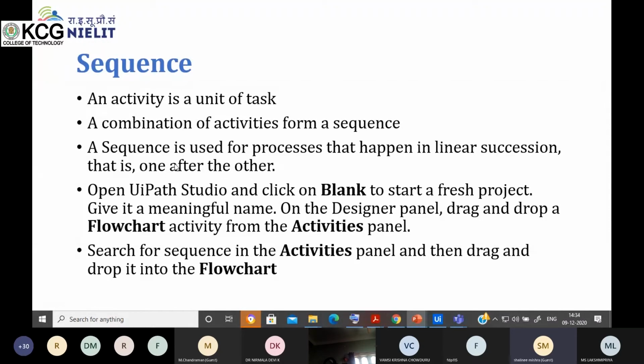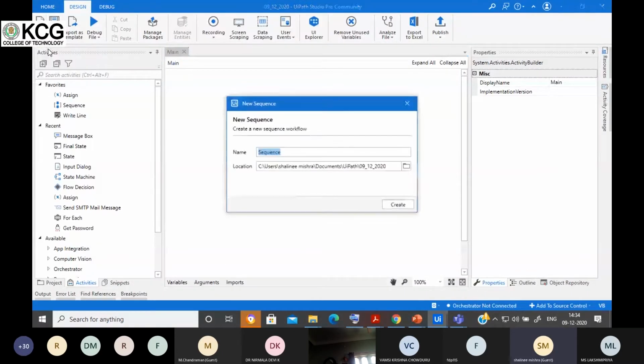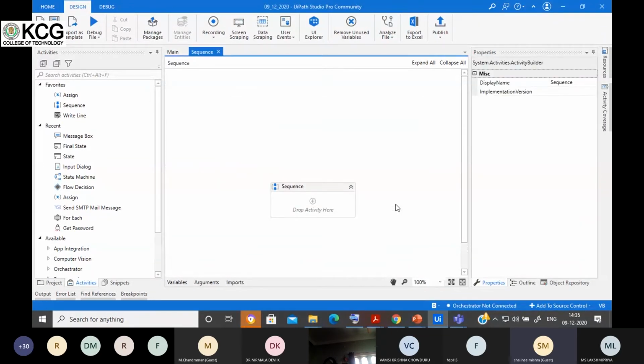Okay, so a sequence is used for processes that happen in linear succession, meaning you can add n number of activities. Suppose here I'll create one sequence. When I create one sequence, if you want you can change the name, if you don't want, just leave it as it is. Now you can see this is the main file and this is the sequence, the new workflow I created here.